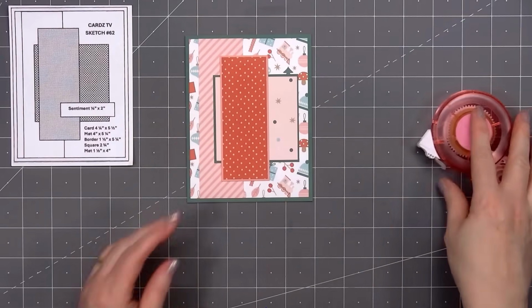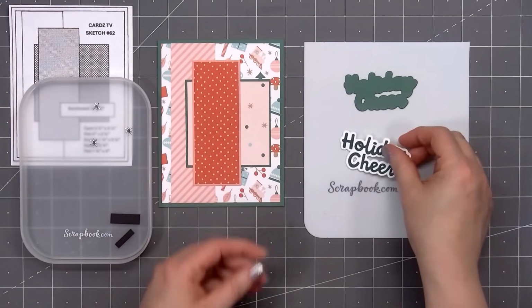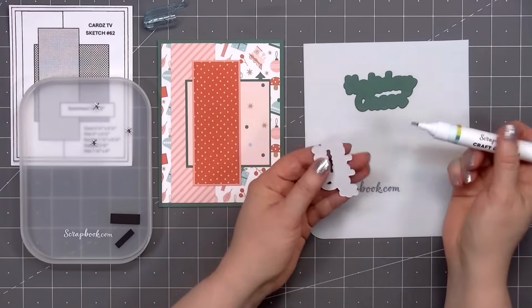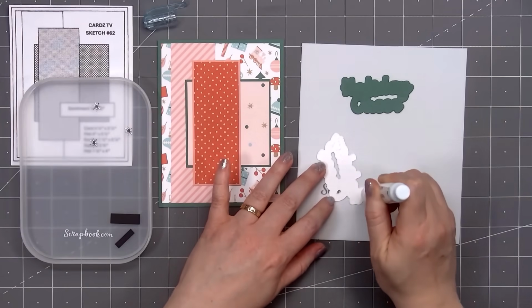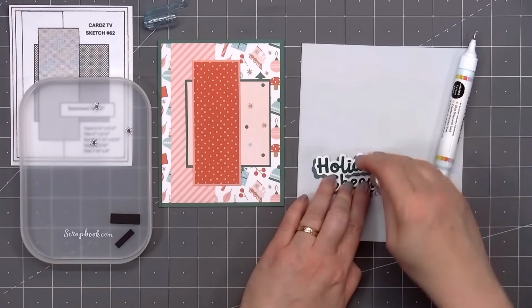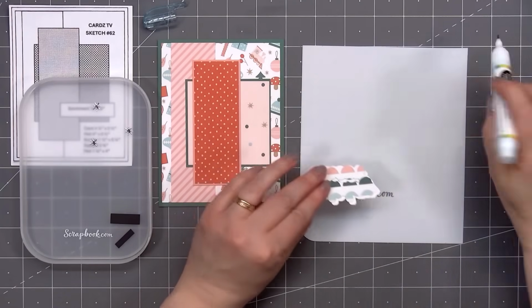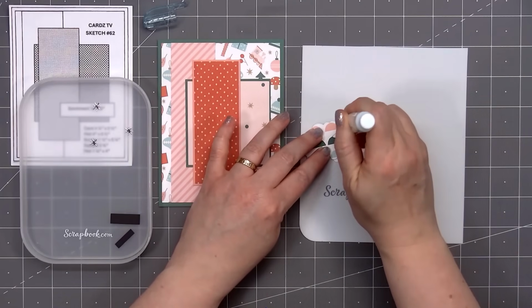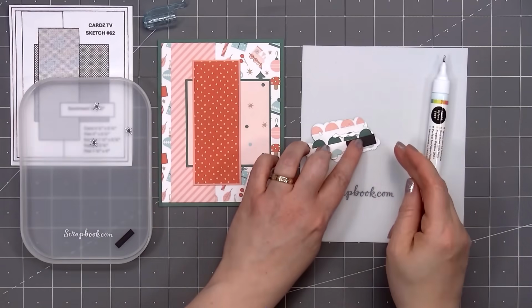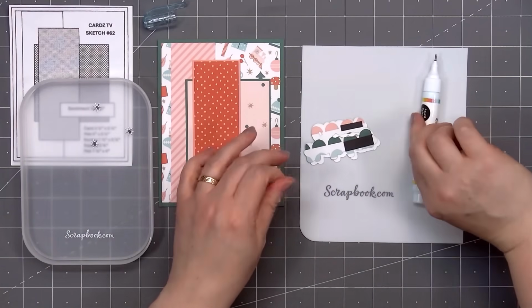For a sentiment, I've already stamped and cut this out, Holiday Cheer, and the ink color I use is Catherine Pooler's Deck the Halls. It matches beautifully with the dark greens in this collection. Using the die, I did cut out a second piece from the solid green, and just like the previous card, I'll layer them together, offsetting them slightly so you can see some of that green underneath and on the left